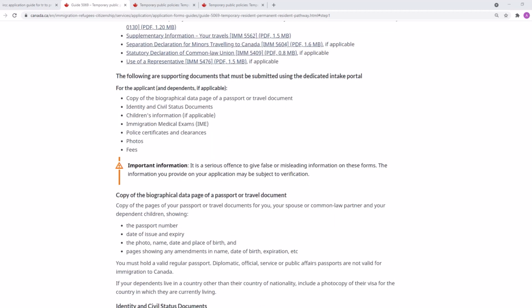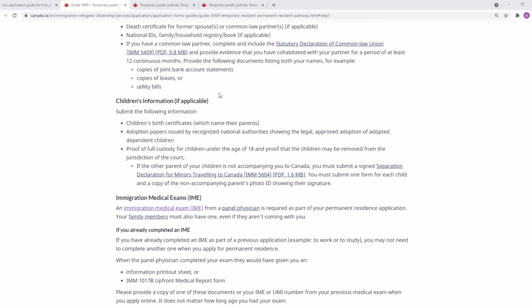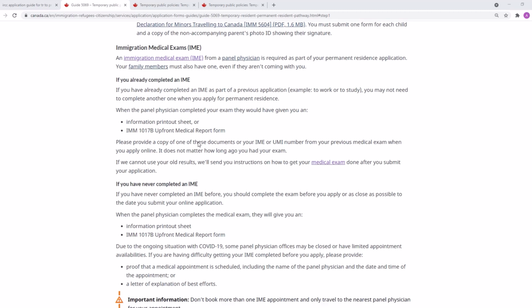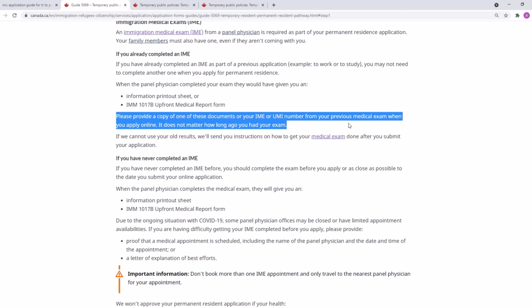Now, the immigration medical exam, PCC, photos and fee. So we are going to check it out here. For the medical exam, if you have done your medical exam upfront, then you need to upload that form. And here it says, please provide a copy of one of these documents or from your previous medical exam when you apply online.